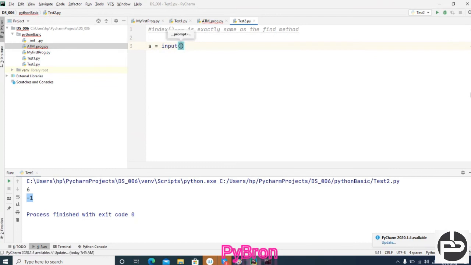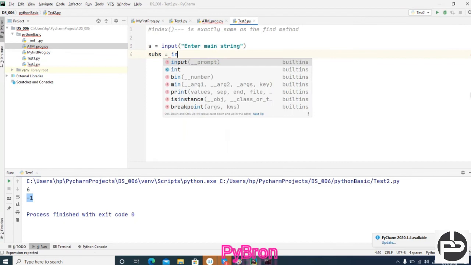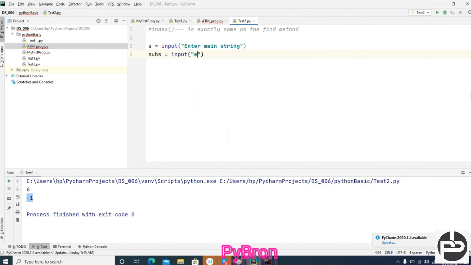See, these are the things. No need to do the practice also, just go through once, and you will get a lot of things. Enter main string, and here I am saying S, and here I am getting substring. Enter input, enter substring.